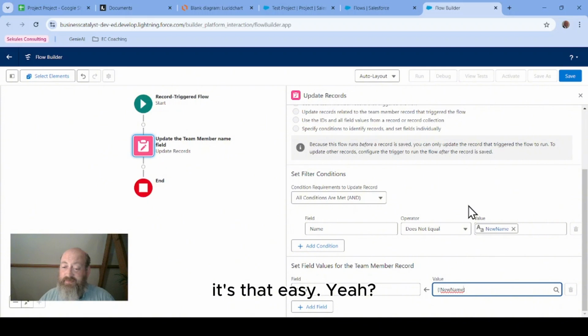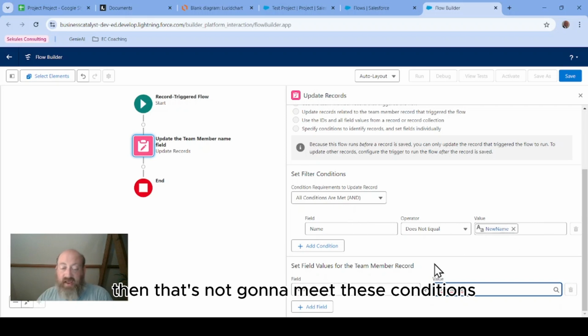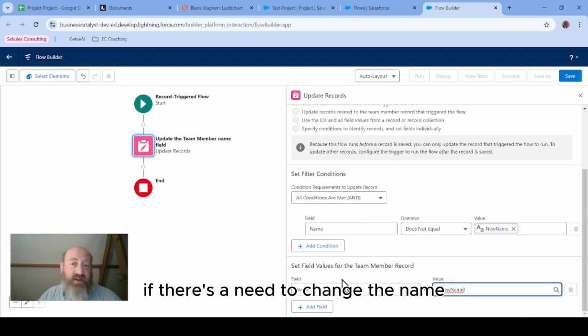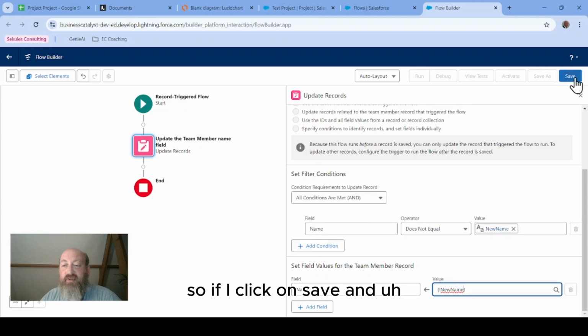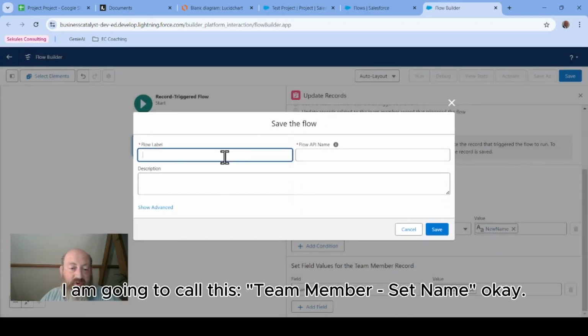It's that easy. If the name is already the same as the name should be, then that's not going to meet these conditions, so it won't make this update. So it's only going to make the update if there's a need to change the name, and that's the way that works. Okay, so if I click on save, and I am going to call this